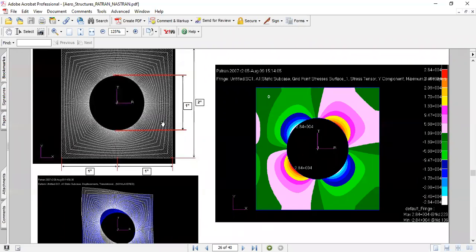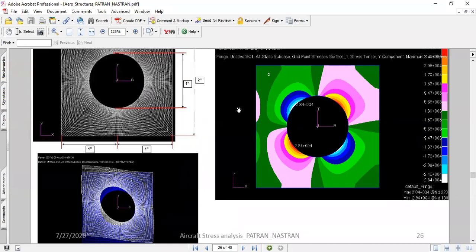I did this study to make sure that my output from FE is within a percentage of the theoretical stress concentration factor. For a circular hole, you know that KT is 3 times sigma.